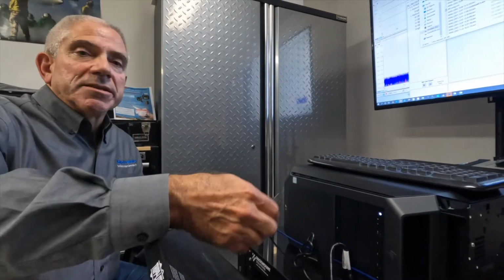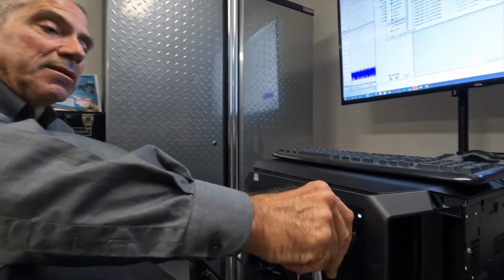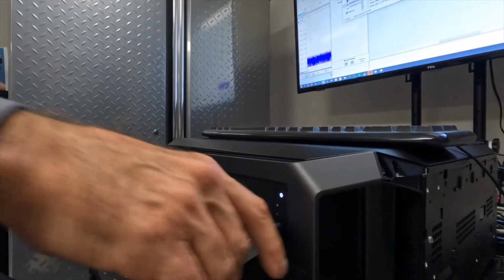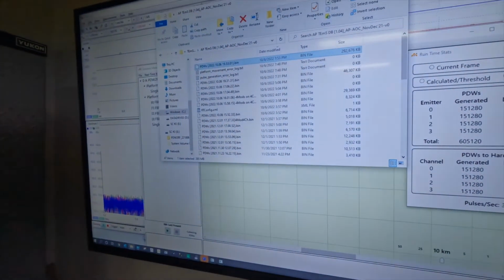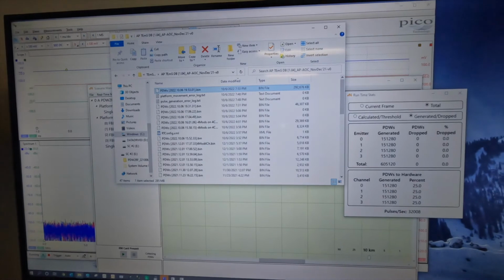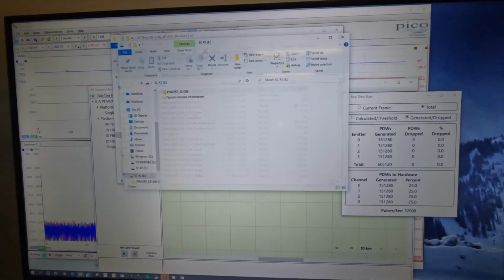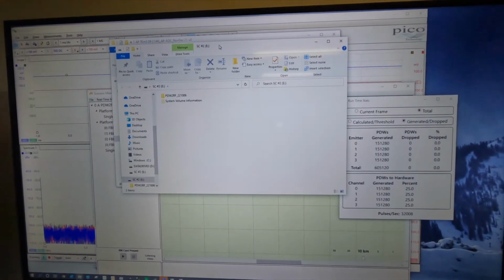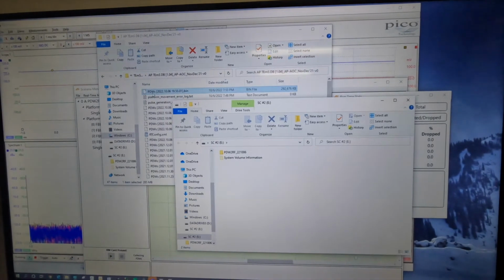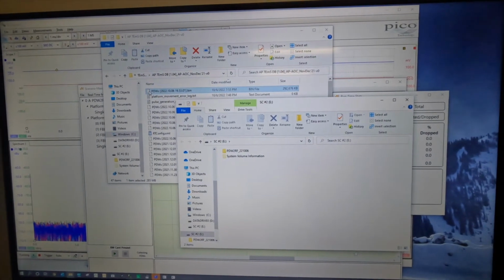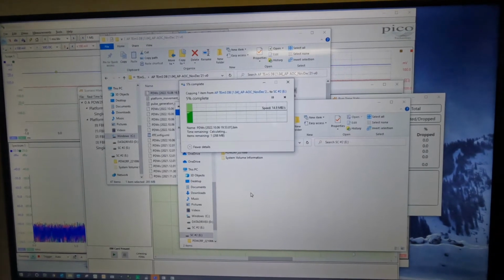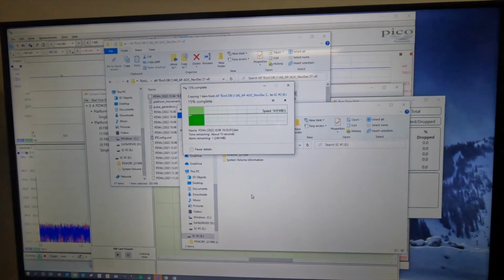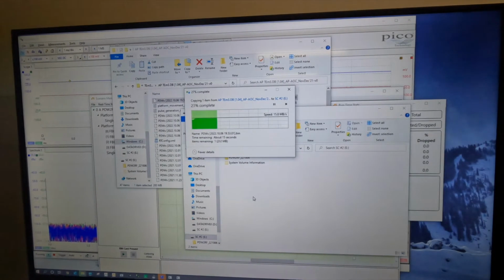So we'll proceed by just copying it over on a USB stick, and we're going to sneaker net it across the lab. We're going to grab the file we just created by executing the Giga-tronics TEmS, copy it over to our USB stick, and then we're going to sneaker net it across the lab and copy